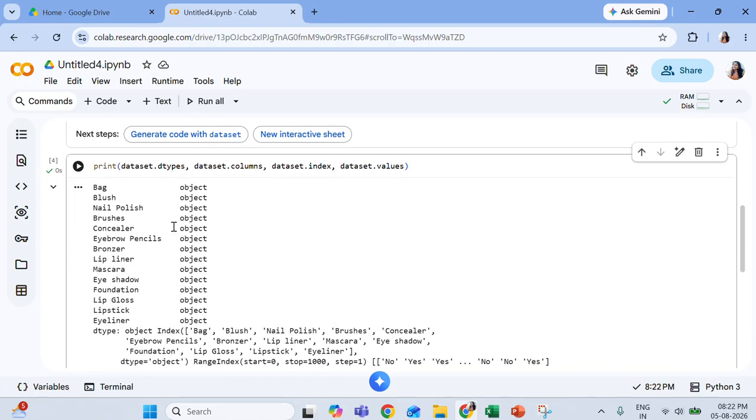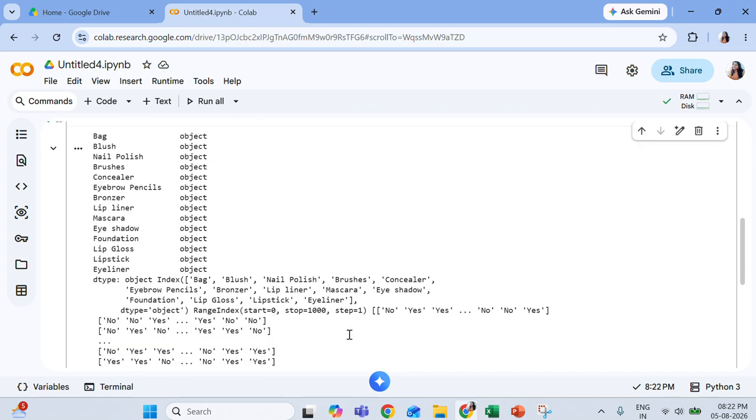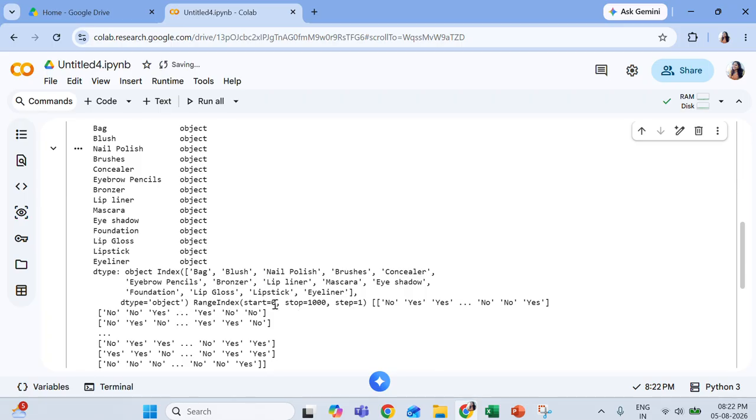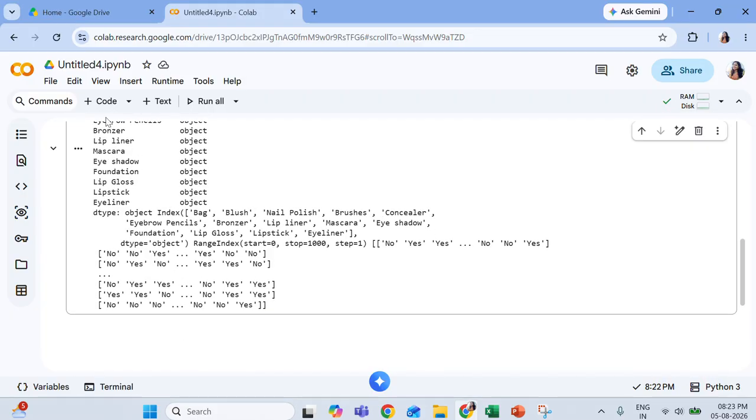You can see that all these are of type object because we have yes and no. The index starts at 0 and stops at 1000, meaning there are 1000 records, and the values are yes and no.